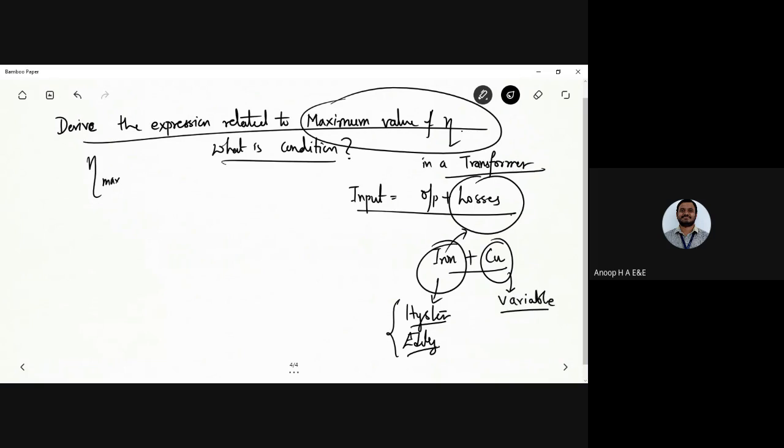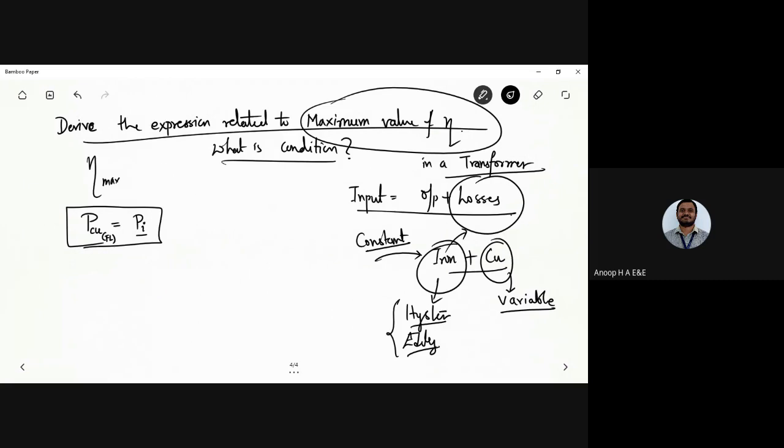Depending on the value of current, we call it the variable losses, and this one we call the constant losses. Once you have iron losses, it would be equal to copper losses, and I can write it as PCU full load equals PI. PCU means full load copper losses, PI means iron losses. This is how you will find out the values of the iron losses and the copper losses.